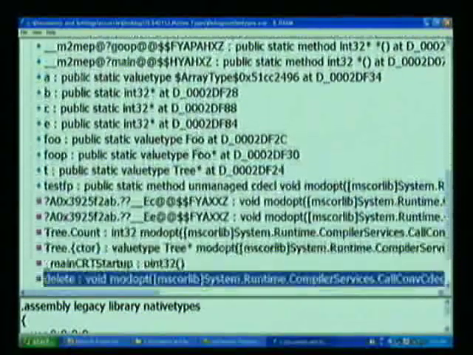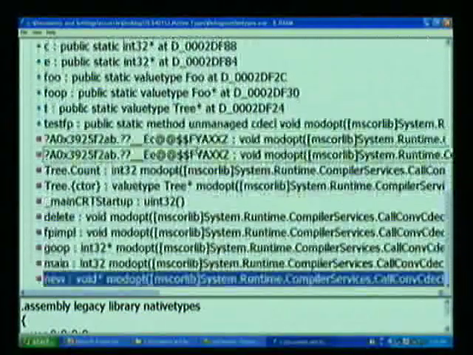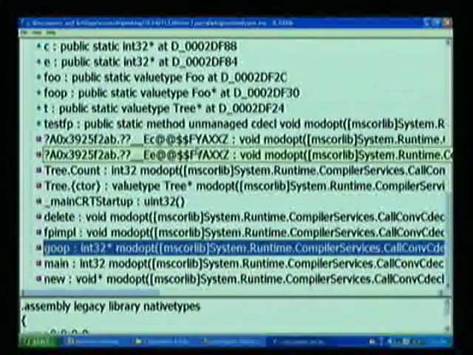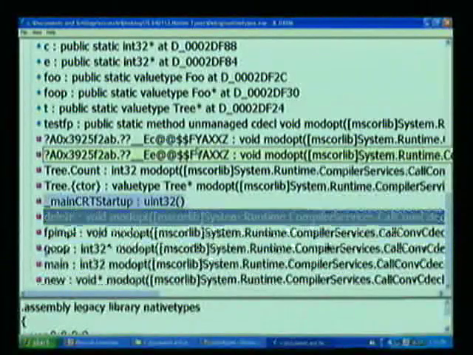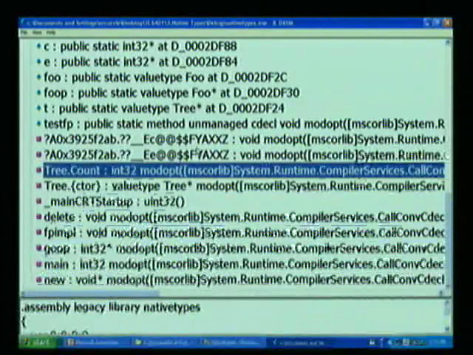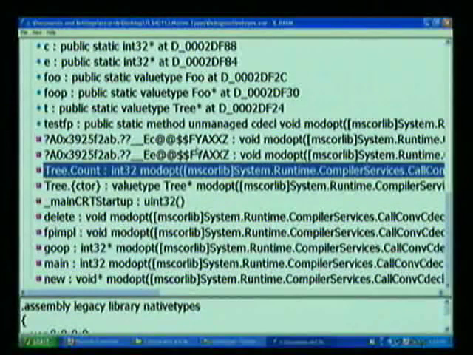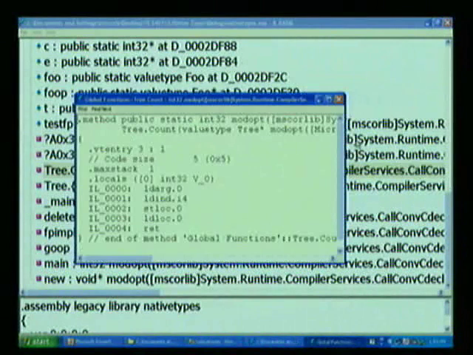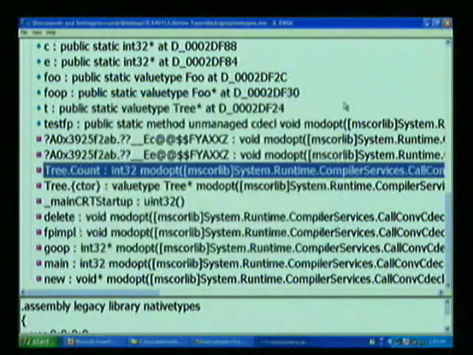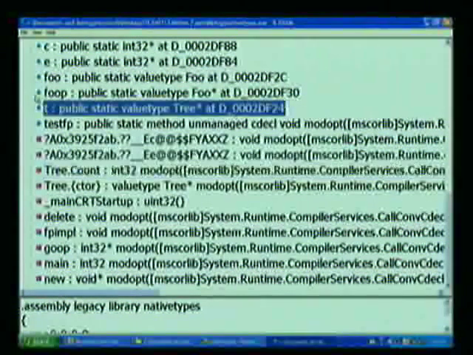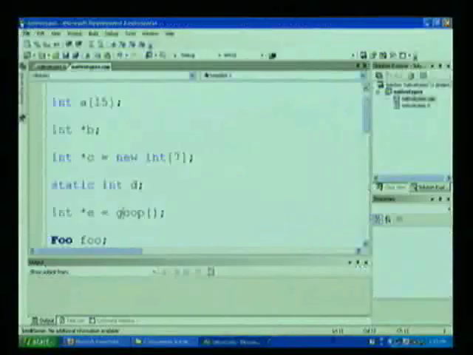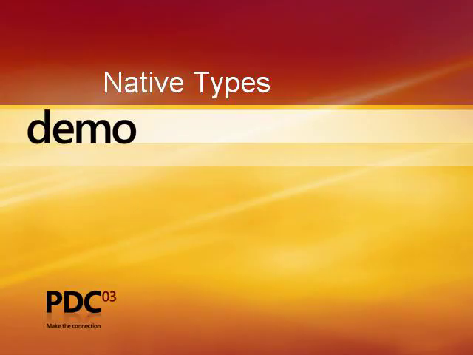And the last interesting feature that I want to show down here is your functions. Now, I've got these functions here, such as the tree count function and the tree constructor function. Notice these aren't members of tree. They're global members, and we use name mangling to show that they are tree.count or tree.ctor. They've got the implementations in MSIL, but they're not nicely laid out as they are in the case of reference types. So moving back,